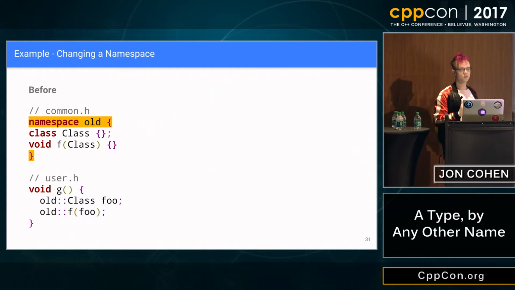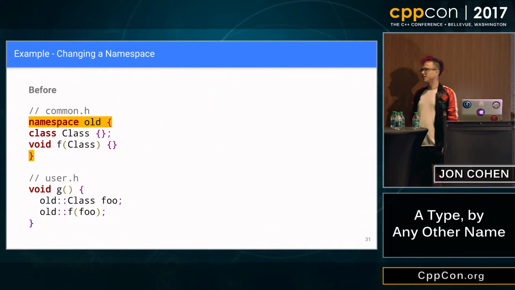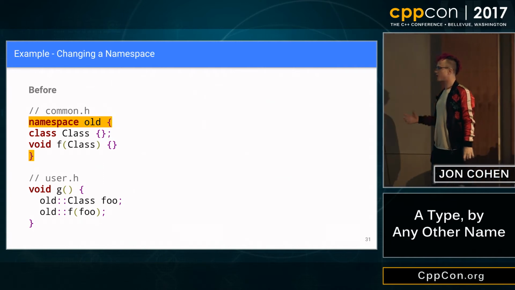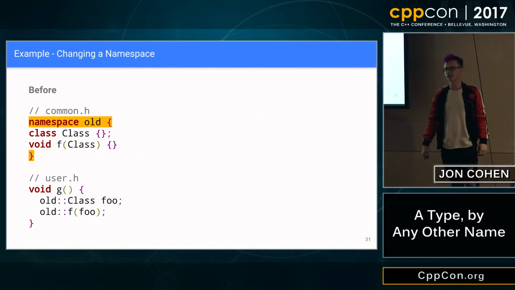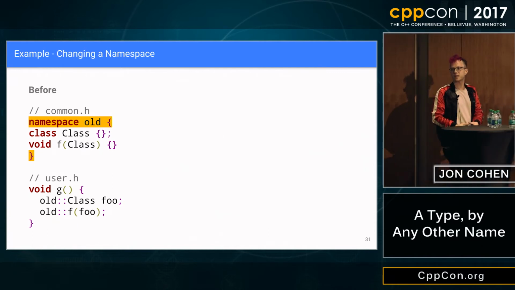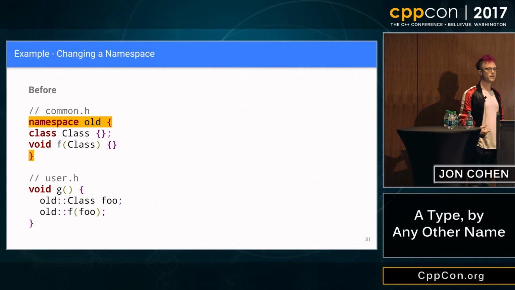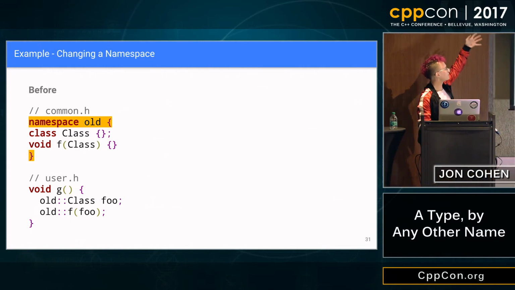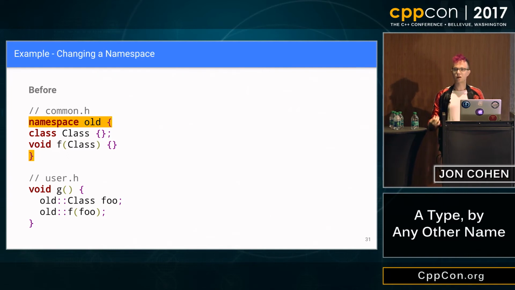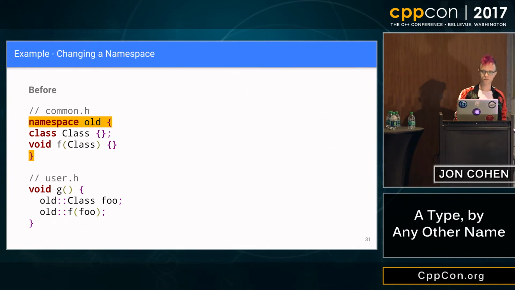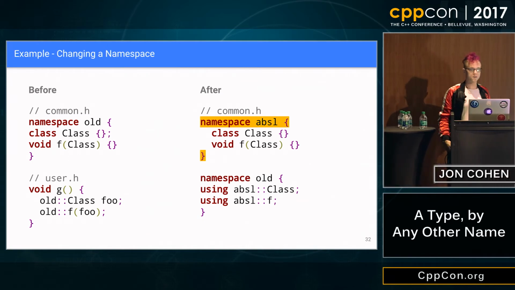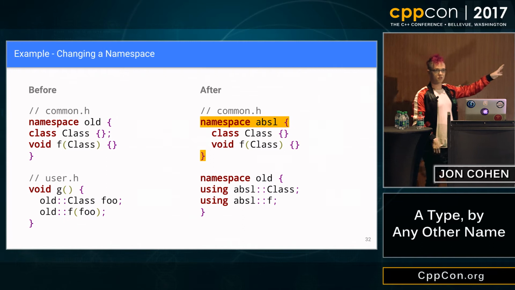But this is more interesting and a lot more realistic. You have something in an old namespace. This is the situation I was maybe talking about, where there's some leaf code over here that wrote some great utility, and you want to bring it into a common area. You also want to bring it into some kind of common namespace because that's a good way to organize your code. And we have some user code, and remember, we can't change these at the same time. This is a fundamental restriction of our problem set. This is our constraint we're trying to work around. Afterwards, we just put the class and the function in namespace absl, alias into it, and this situation works totally fine.